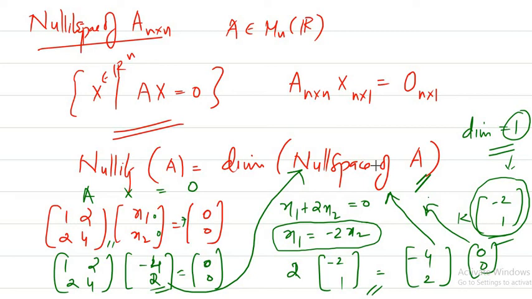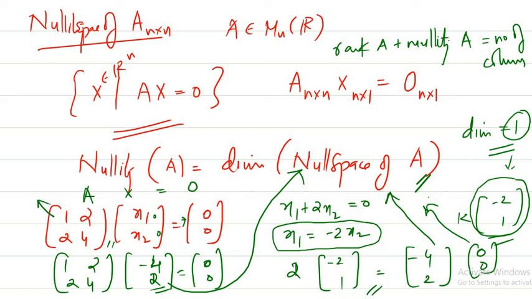Okay, so we have already discussed something known as the rank nullity theorem in our previous classes, in the initial classes when we discussed rank. That is, the rank of A plus nullity of A is equal to the number of columns. For this matrix, rank is 1, number of columns is 2. So 1 plus nullity of A is 2. So nullity of A should be 2 minus 1, equal to 1. You can find it using this technique also. So this we have discussed before when we discussed our rank of a matrix concept.